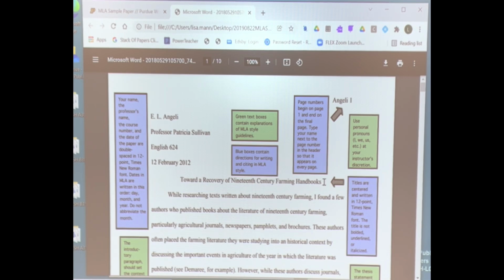Then you're simply going to, oh, and one more note, it is centered. Then you're simply going to push return once and begin writing your essay. You will note that each new paragraph is indented. If you are unable to push the indent button or the tab button on your computer, you simply could use